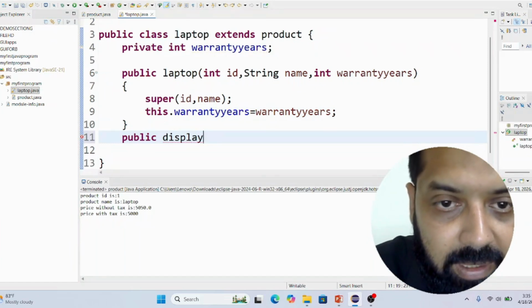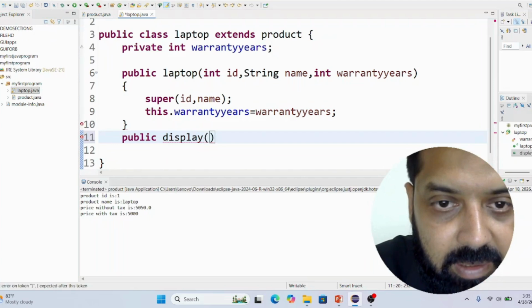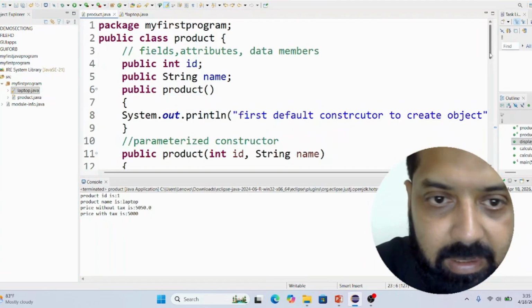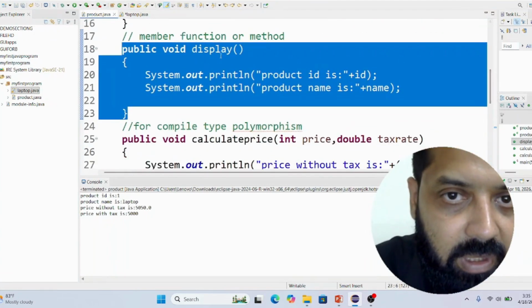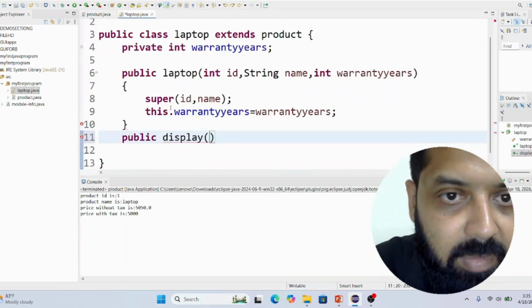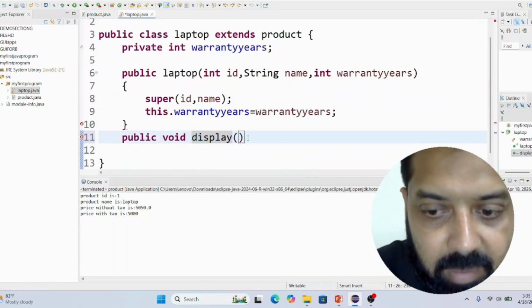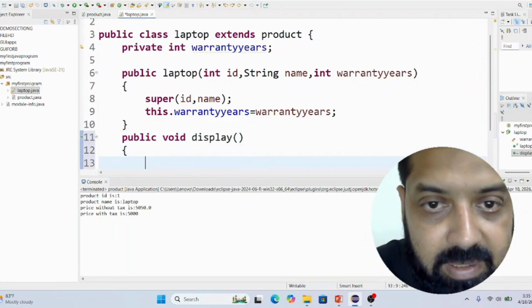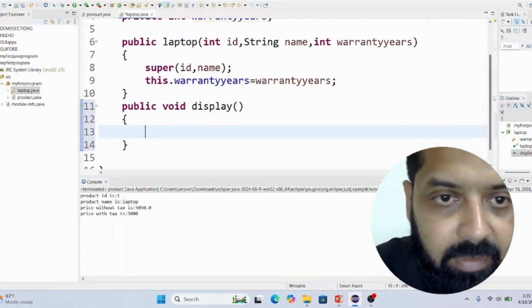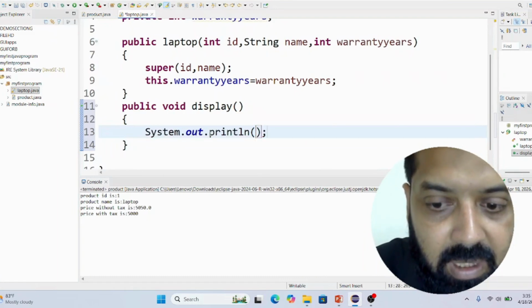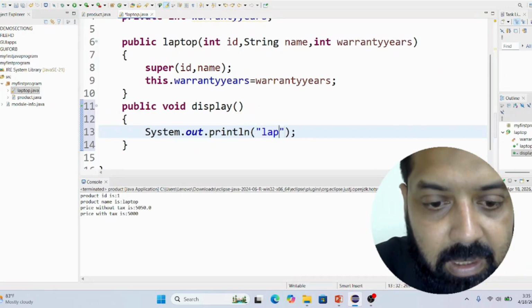For overriding I need the same method, that is display, and this method is also present in the parent class. The parent class also contains display. So, a method with the same name and same parameter list, but it can print different things. So I am going to print here first the laptop